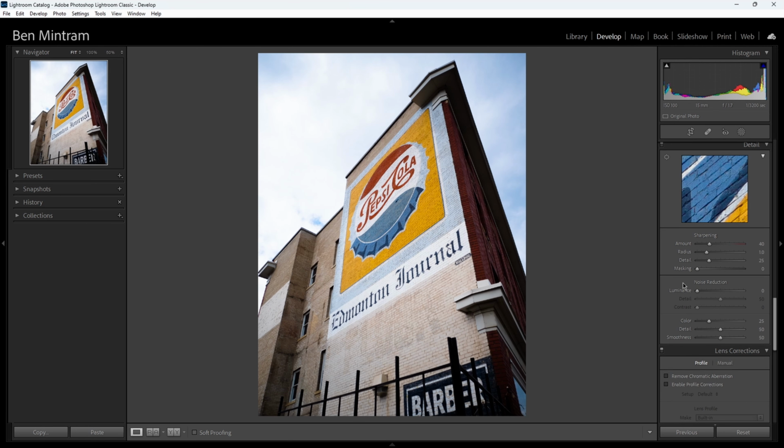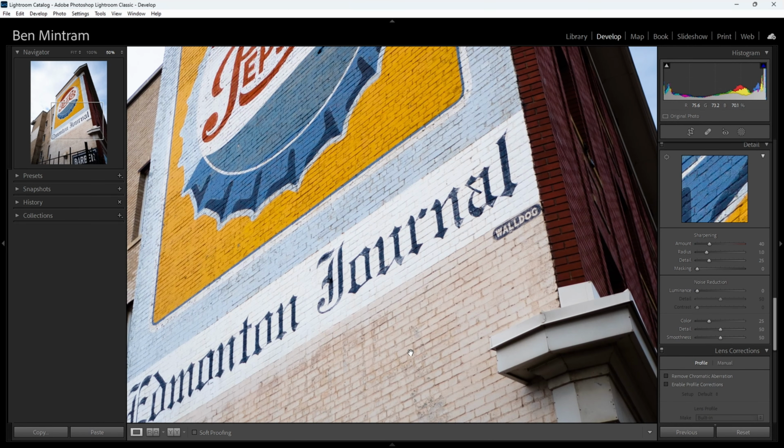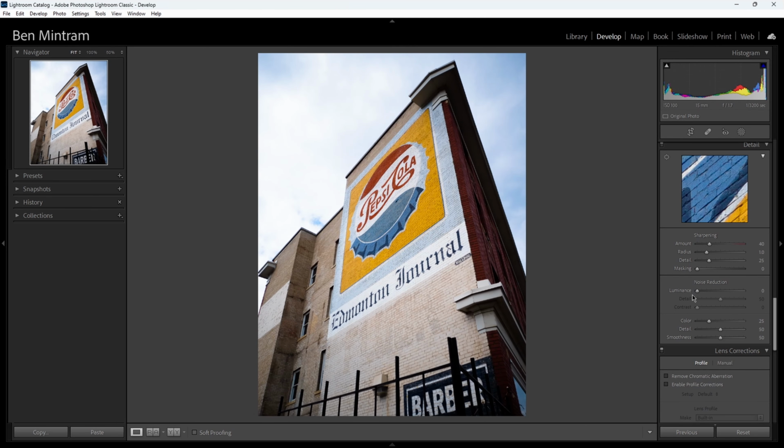For this image, I don't really need to reduce the noise. The noise reduction slider is really great and helpful for night photography, or if you had to shoot with a high ISO and there's lots of noise in your image, it looks kind of grainy. This will soften it up, but will also reduce the noise that you're getting. So it's kind of a trade-off. You get less detail, but you're getting less noise, so less of a grainy effect. So you have to find a balance when you're using the noise reduction slider,